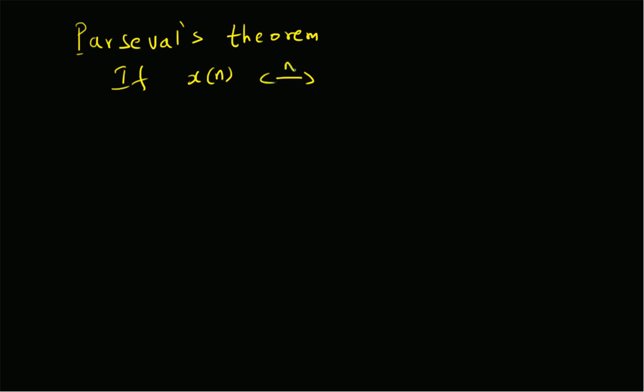Hello, welcome. In this short video, let us look at the Parseval's theorem for N-point sequences and their corresponding DFTs. If the N-point sequence x[n] has a DFT given by X[k], and another sequence y[n] has a DFT equal to Y[k], then the Parseval's theorem